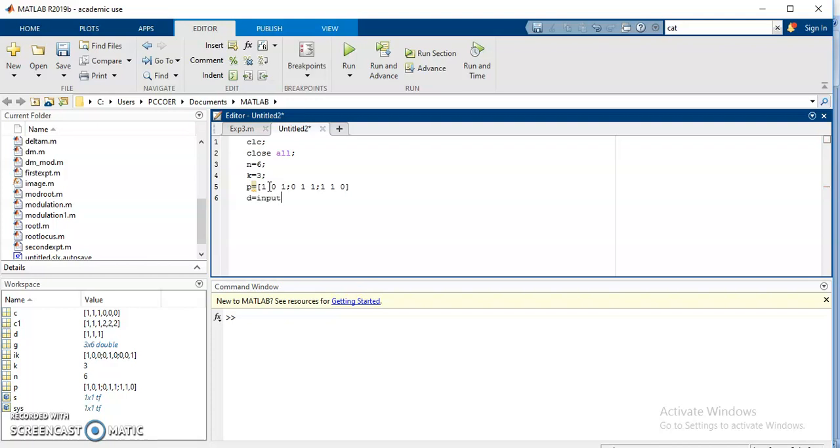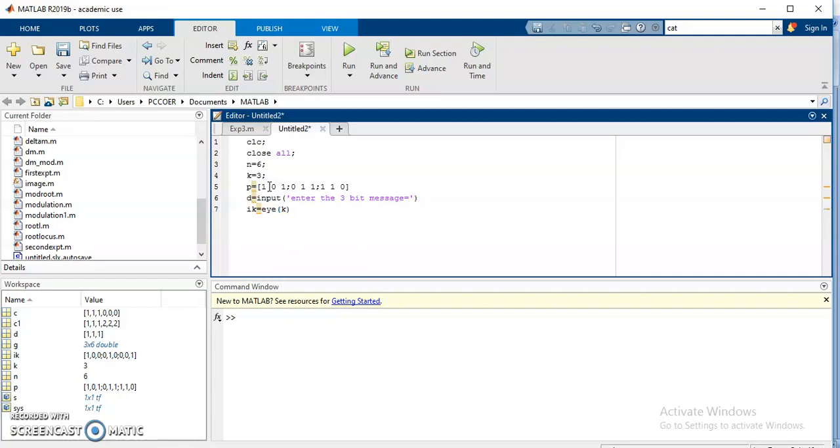We'll enter D is equal to input, enter the 3-bit message. After that, we'll write an identity matrix. Small I suffix k is equal to EYE, which is the command for writing an identity matrix in MATLAB.